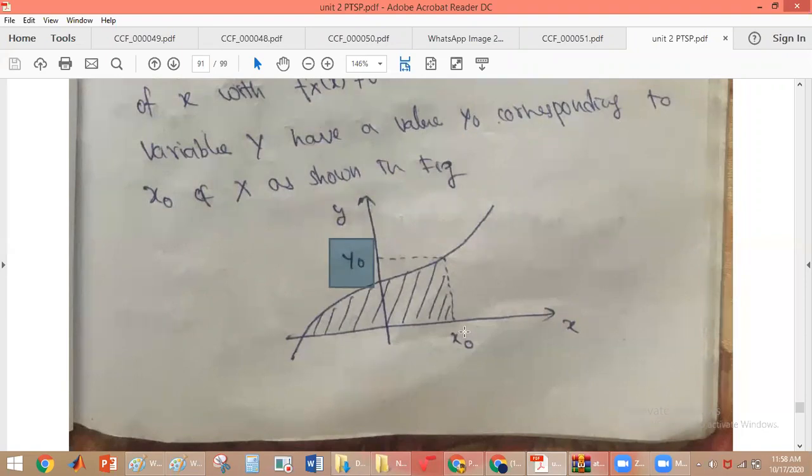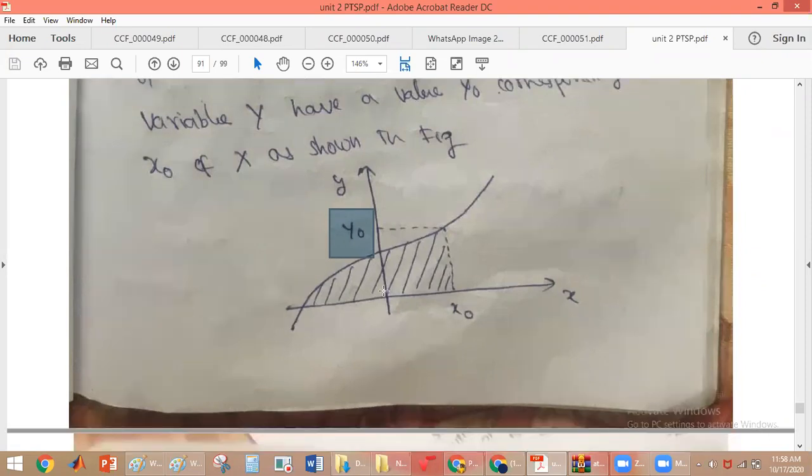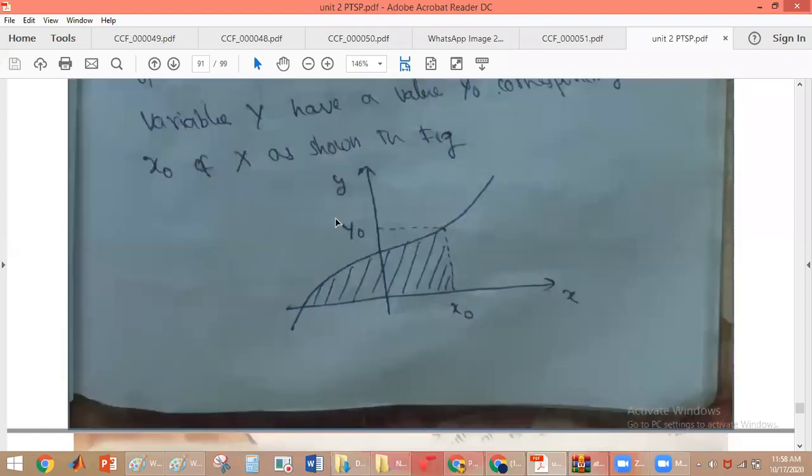So how do you get this? We get it due to this transformation. This transformation will convert x into y. This function we have just discussed is called a monotonically increasing function, and we have observed that it is continuous and also differentiable with respect to x, and the probability density function of x is not equal to 0. In that case only we will be getting y for every value of x naught.